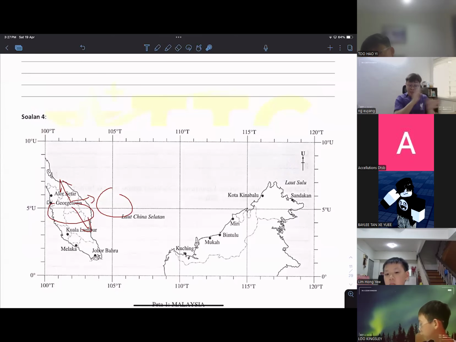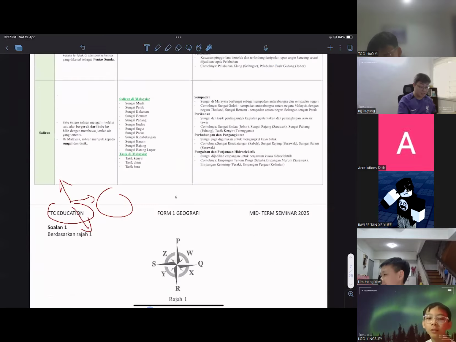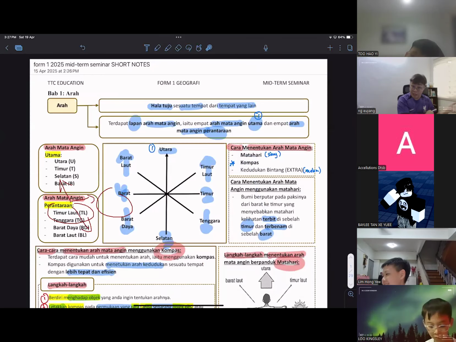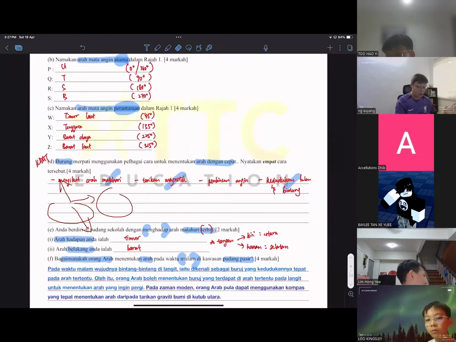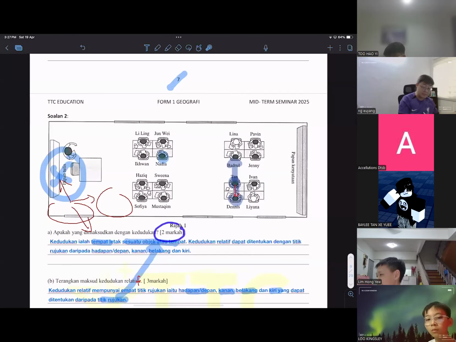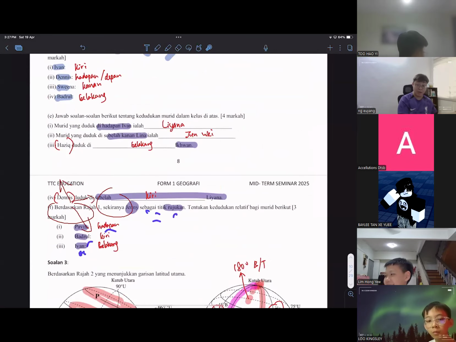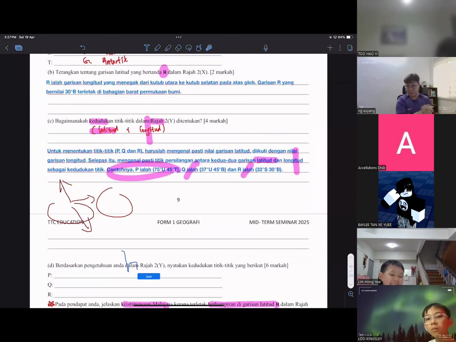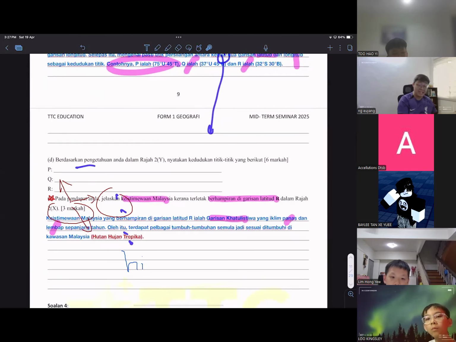The main concern for the seminar here is not the content, guys. The content you can learn from your school teacher or the normal tuition class. Whatever I have been trying to do for the past hour is, according to the questions, to write answers that earn the similar marks. I keep teaching you to highlight the keywords from the soalan and then use the knowledge you gather from your textbook, your normal school class, or TDC tuition class to fulfill the marks required by the exercises.